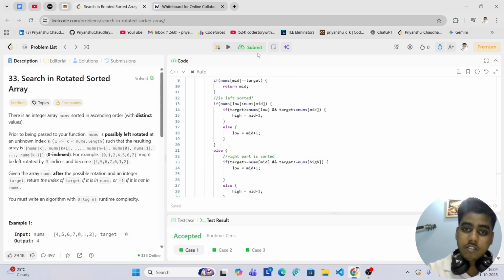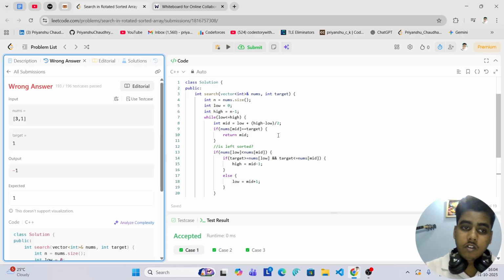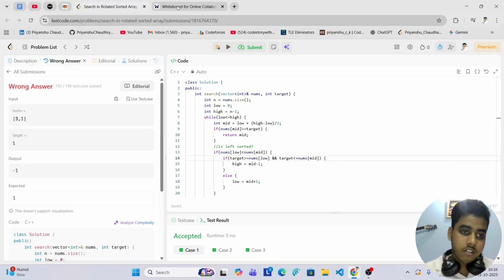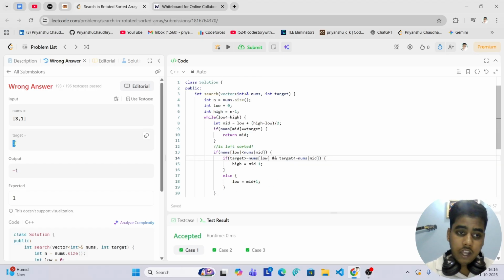So we are able to pass the sample test cases, and if I submit it and check whether we are able to submit all the test cases or not, we can see that we are getting some error here, that is for 3 and 1. So for 3 and 1,